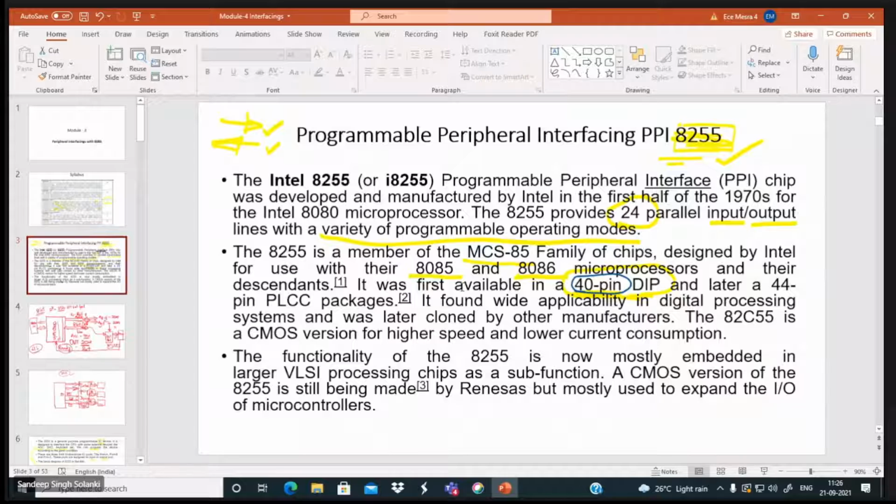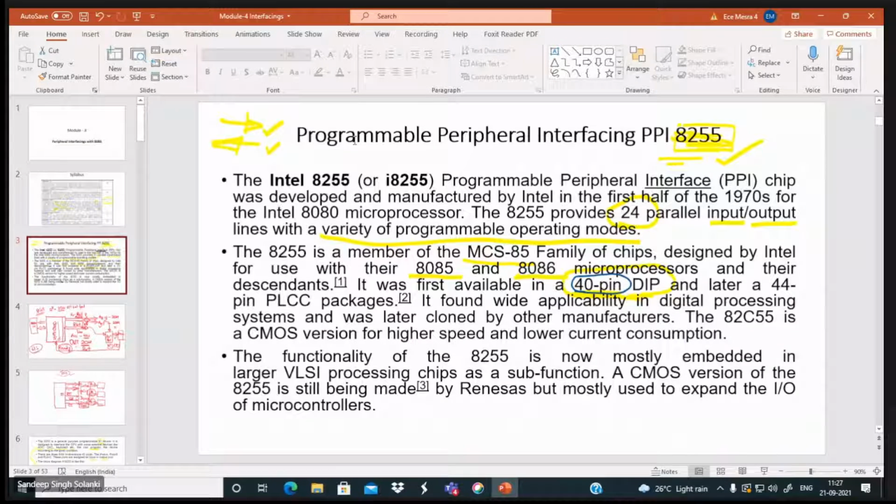Okay, now I'm going to start this 8255. Till now I was just giving the background of why we should study it, and now I think you all must be convinced. So here I'm going to begin with the 8255. You should understand its name first of all. It is called programmable peripheral interface. Programmable means you can program this for your required application.